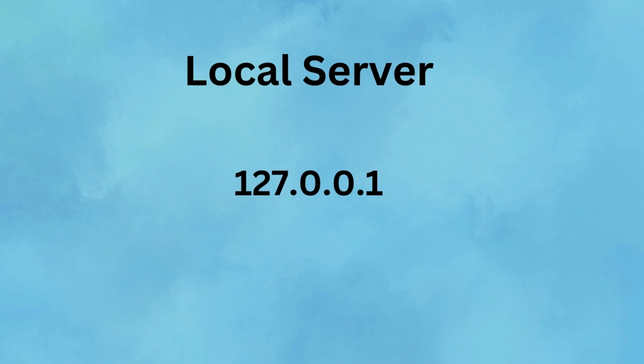The IP address 127.0.0.1 is a local server used for experiments on our computers. You need to check the first octet,